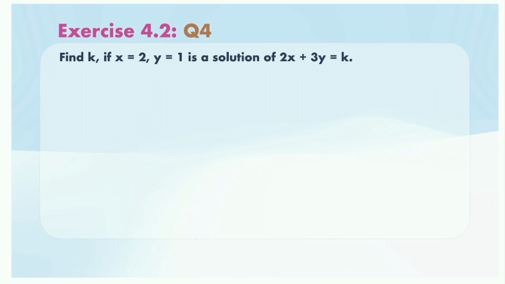Our fourth question: find the value of k if x equal to 2 and y equal to 1 is a solution of this equation. We have already done this type of question in the polynomial chapter also, right? Where we know the values of x and we have to find the value of k, such type of questions, right? In this equation, x and y are equal to 2 and 1 for the solution of this equation. That means if I put x and y equal to 2 and 1 in this equation, both sides should be equal. So let me put it. By putting the value of